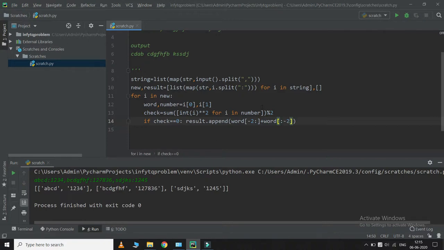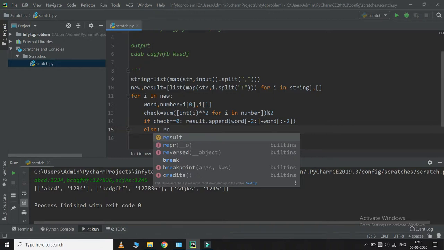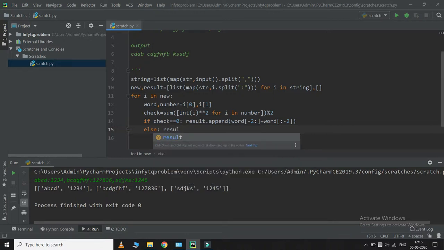Okay, so I hope you understand this sliced part. Else we are just going to rotate the string and append it in the result.